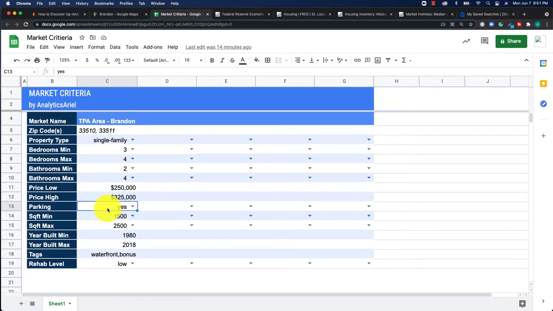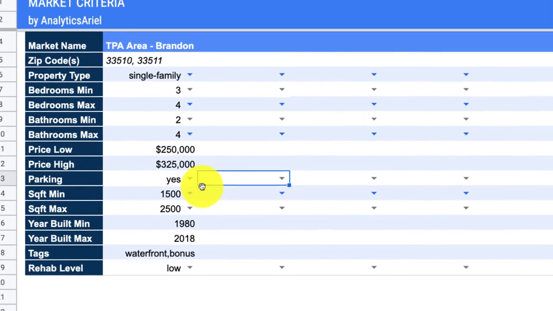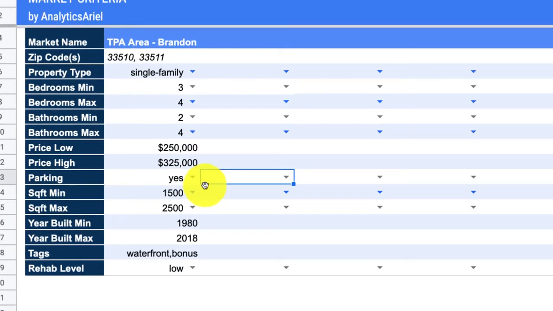Next, you need to select whether or not parking is important for your property. If you're looking at an area that's high score in walking, which you could actually see in a lot of these websites like Zillow, Trulia, as to what the walking score is, parking may not be necessary. Maybe a lot of the individuals won't actually have cars. But in my case, it's more of a suburban area, so parking is really needed because there'll probably be at least one car per household.